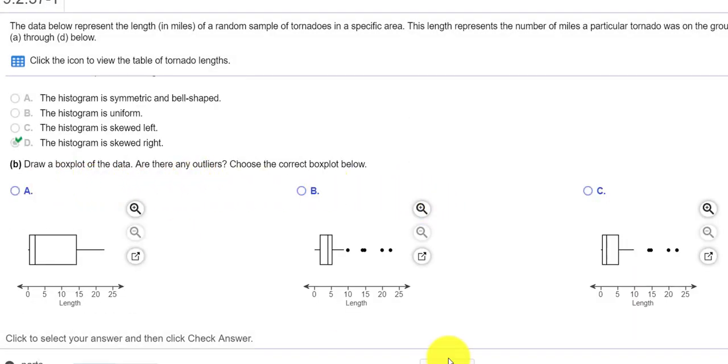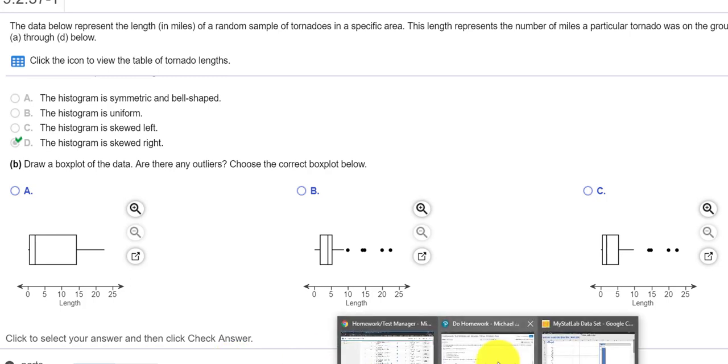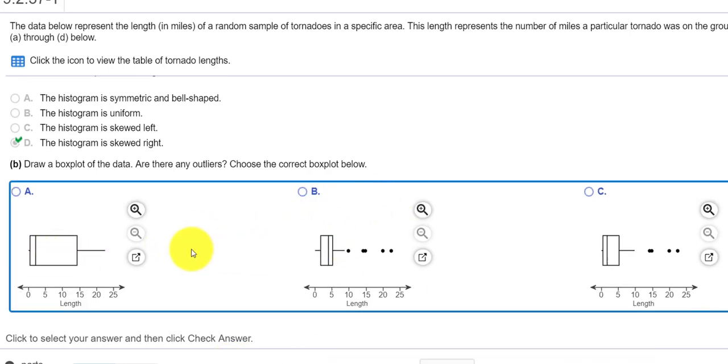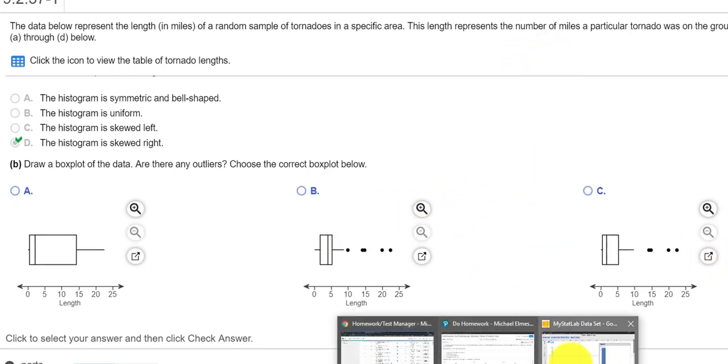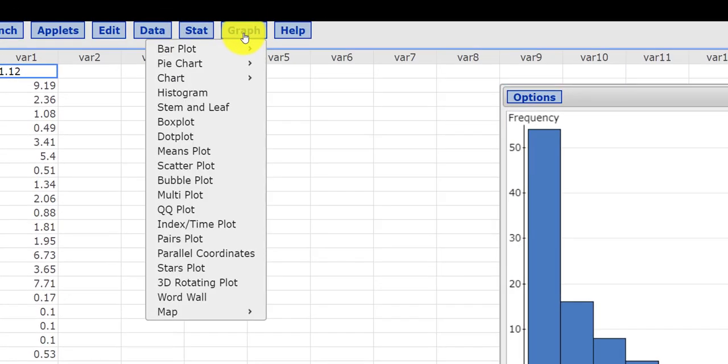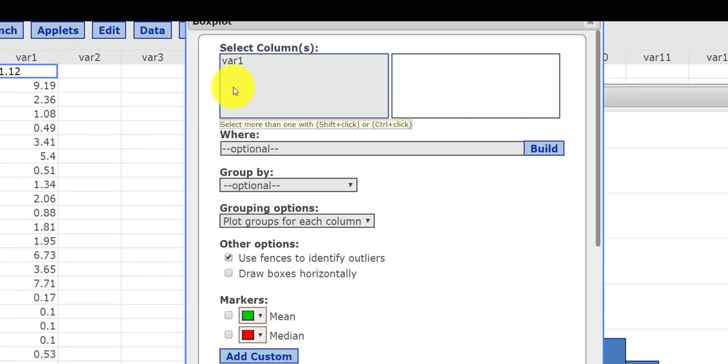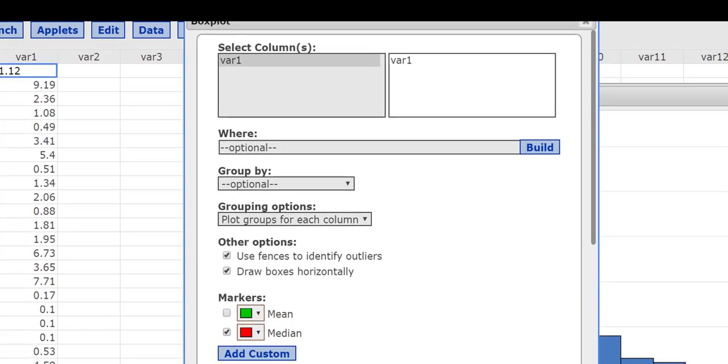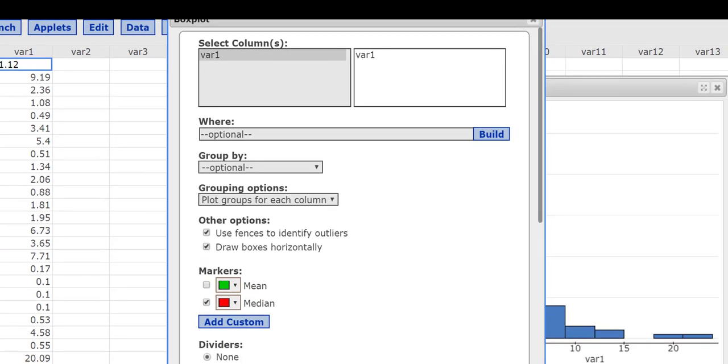Okay, now we have to draw a box plot. So I'm going to go back to StatCrunch, and notice this box plot is going from left to right. Sometimes they do them vertically, but this is horizontal. So just remember that I press graph, box plot. Here's my data again. But I want to draw the boxes horizontally. So I check that, and I'd like to see where the median is. I press compute,